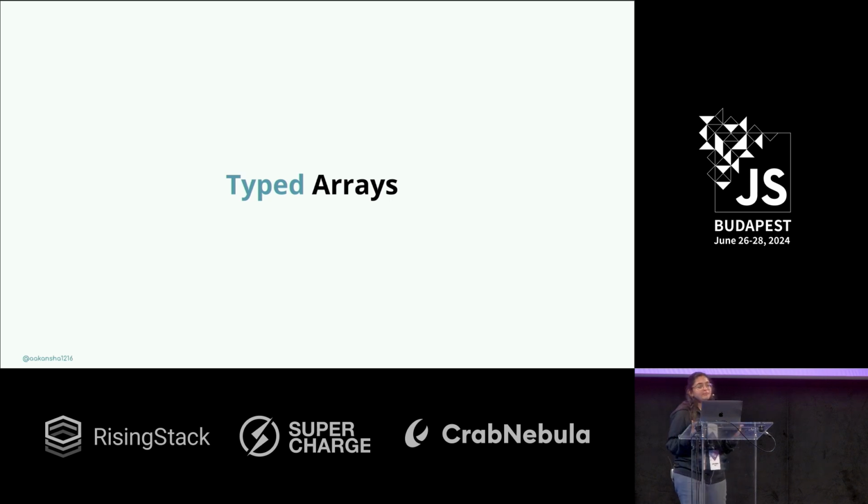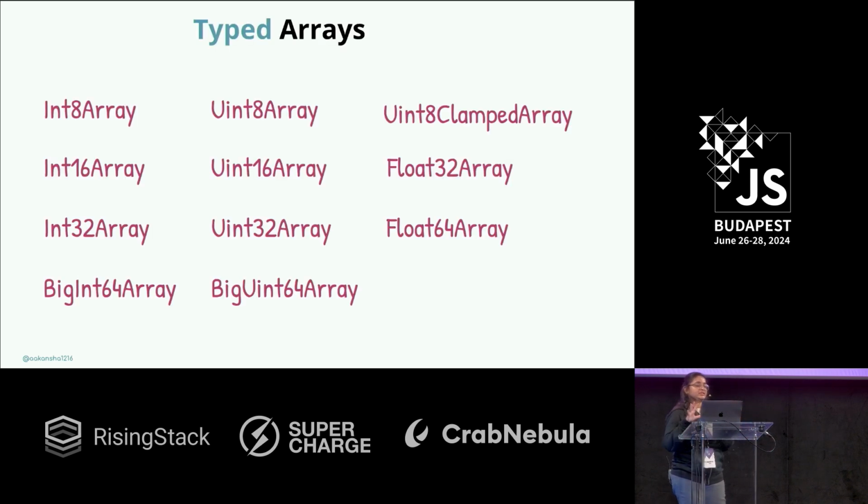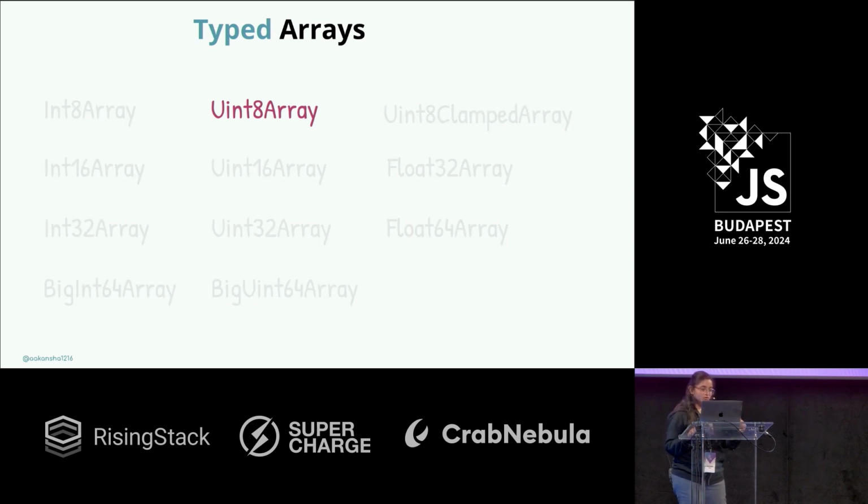So we have typed arrays to deal with binary data. Typed arrays are basically array-like views which help you to manipulate binary data in the browser. And these are the typed arrays which are supported. We are going to cover Uint8Array in this talk. U basically stands for unsigned, which means it takes only positive numbers. Int is basically integer. 8 is 8-bit, the size of each element, which is between 0 to 255, 2 to the power 8 minus 1.